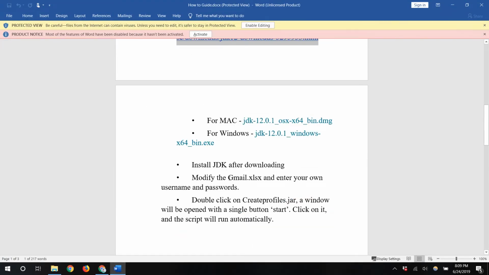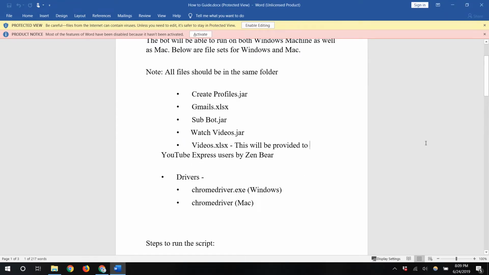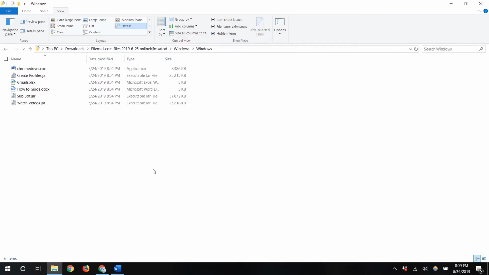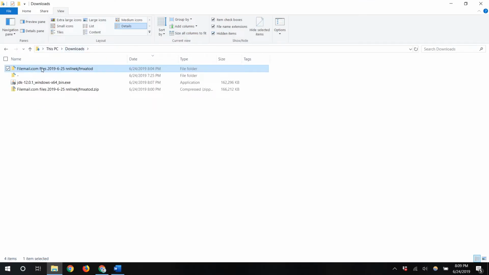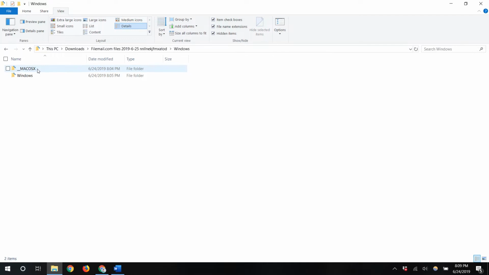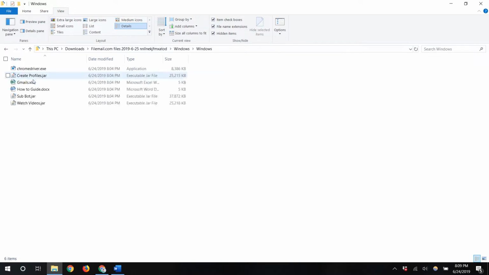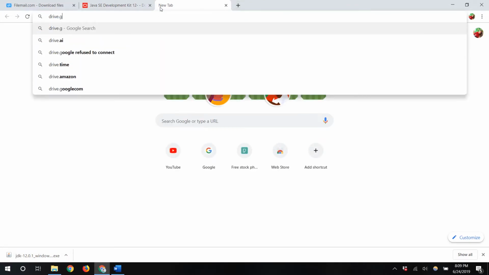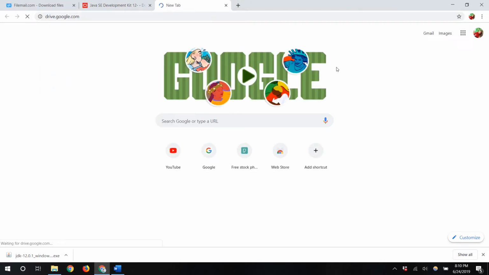Now we want to go to Gmail, go to this file and update our Gmail lists. So what I'll do is go back to our folder. Again, we want to go to downloads, go into our extracted folder, Windows folder, other Windows folder, and we're looking for this particular file, gmails.xlsx. I'll go back to my browser, go to drive.google.com,